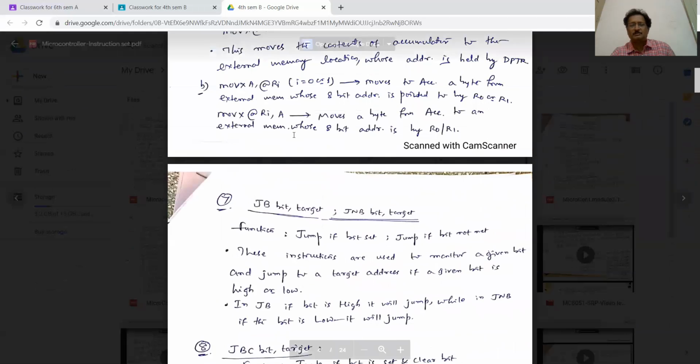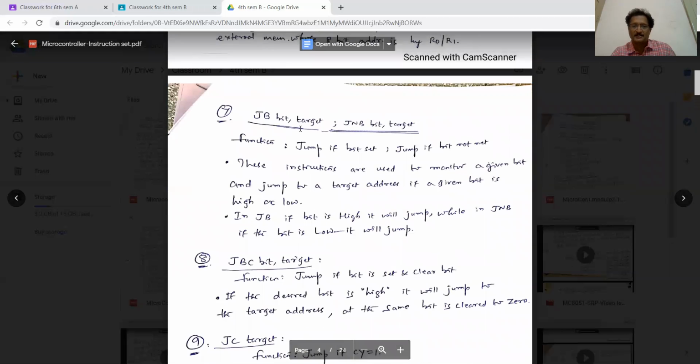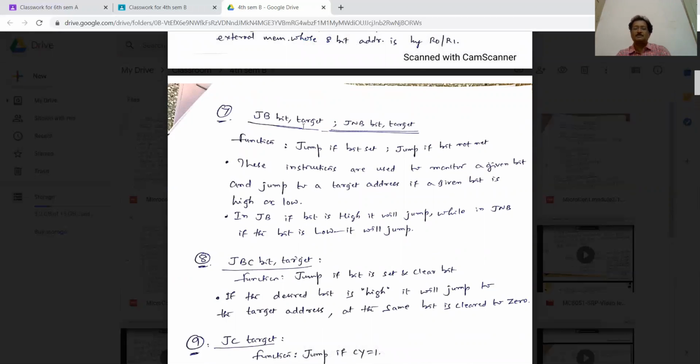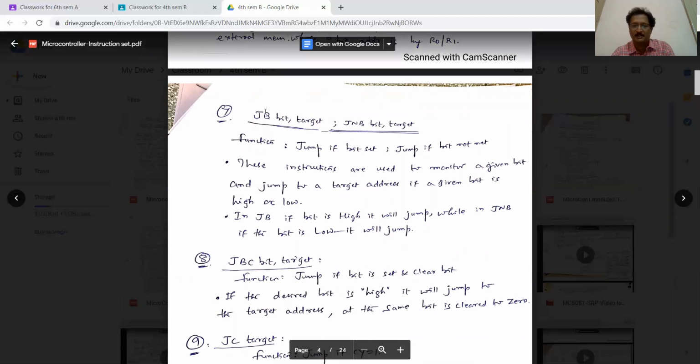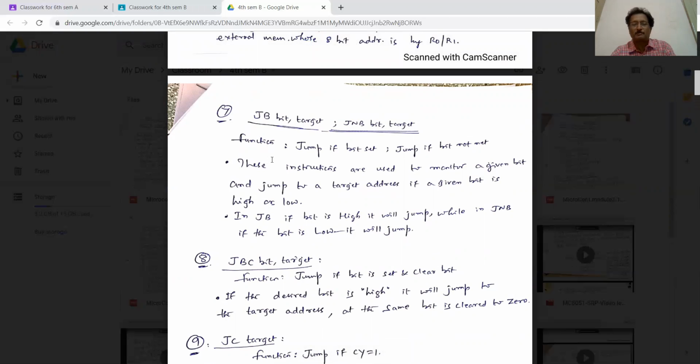All that I am explaining in this particular session is the consolidated explanation of all the instructions we have used in modules number 1, 2, and 3. So what I'm doing here, in a proper flow, is that the instructions are to be understood by you. That is why I have listed them here. The basic explanation I have already given, but still, as a flow, I'm going to explain here.